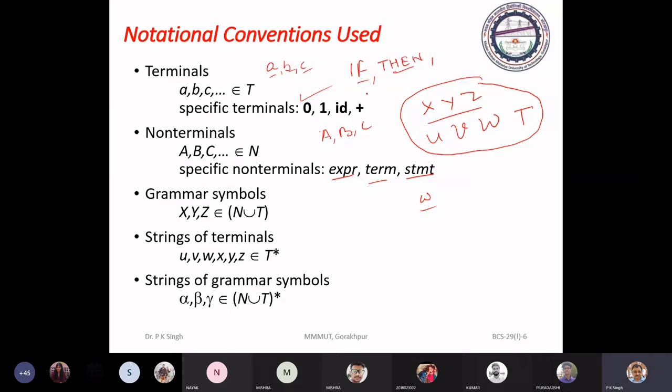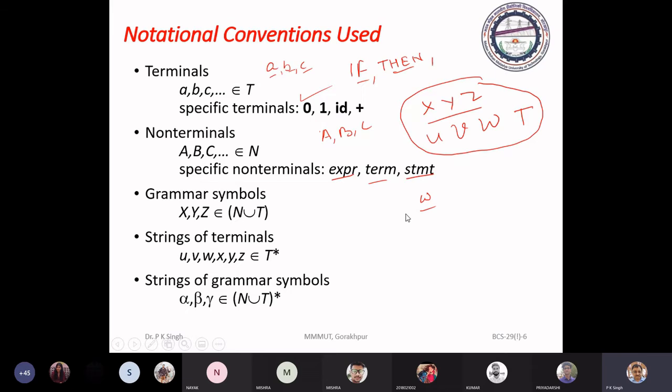And if you have a string of terminals and non-terminals, for a symbol we use X, Y, Z, but for a string of terminals and non-terminals, we use alpha, beta, gamma, these Greek characters.